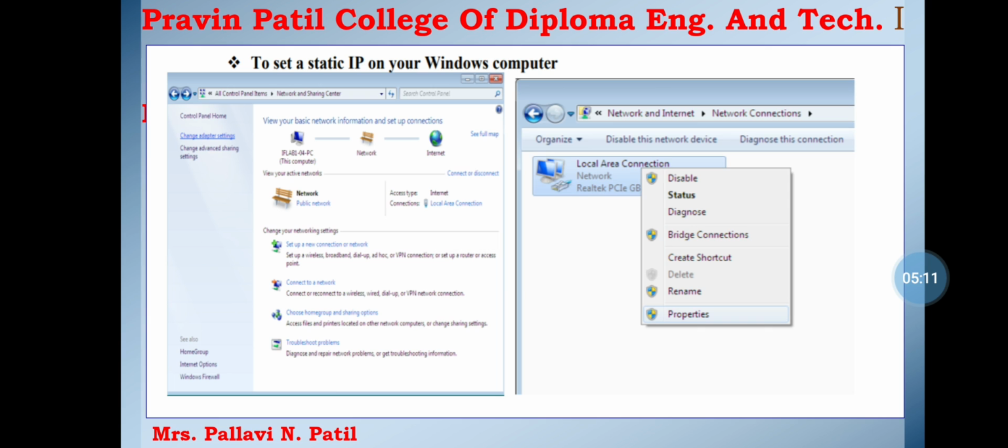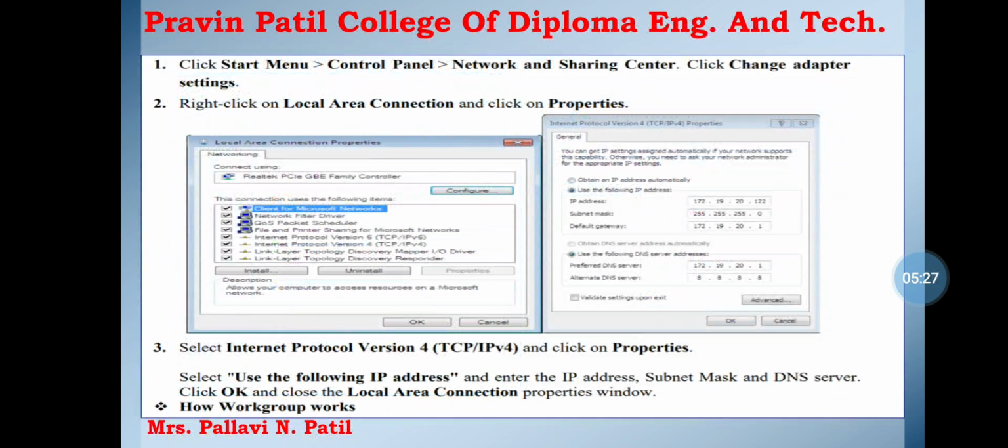Click on the Start menu, then Control Panel, Network and Sharing Center, and click Change adapter settings. Next, right-click on the Local Area Connection and click Properties. Select Internet Protocol Version 4, TCP/IPv4, and click Properties. Select Use the following IP address and enter the IP address, subnet mask and DNS server. Click OK and close. These are the Local Area Connection properties of Windows.